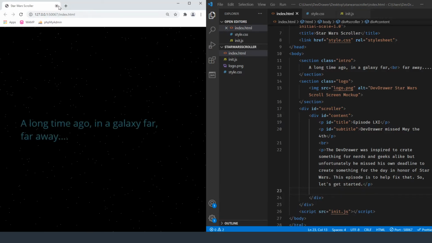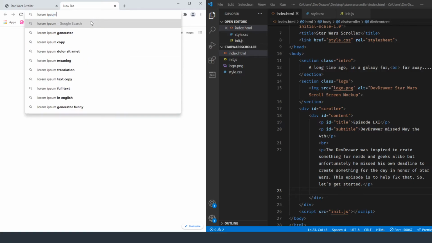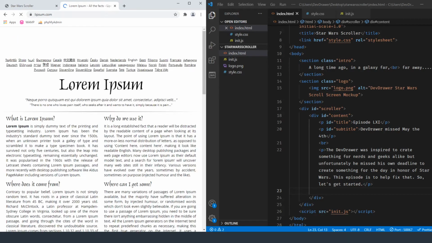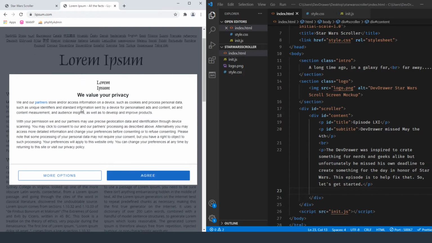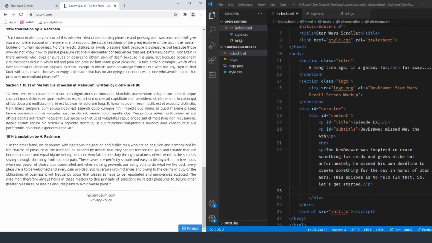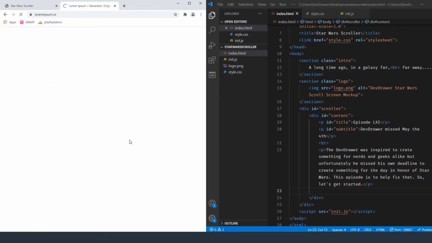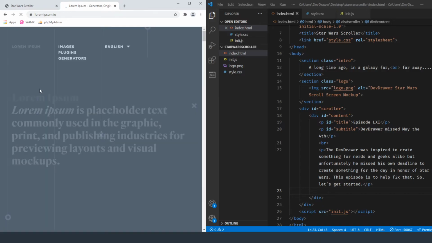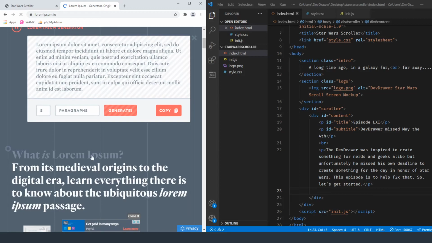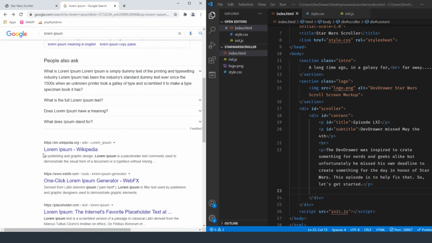I'm actually going to go out to a Lorem Ipsum website. So let's do Lorem Ipsum to grab the rest of this. Alright, so let's try this. Well, there's usually a website that I go to. That's definitely not that one. I just need something to give me just the HTML.